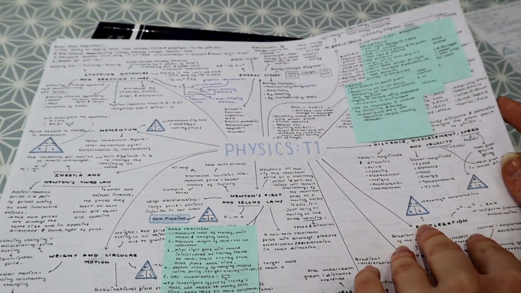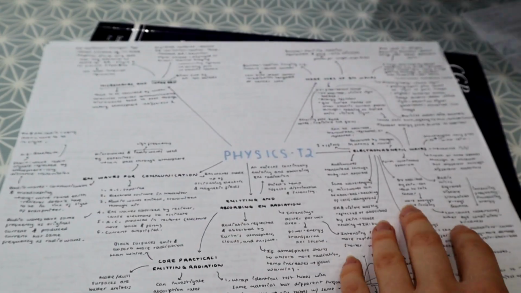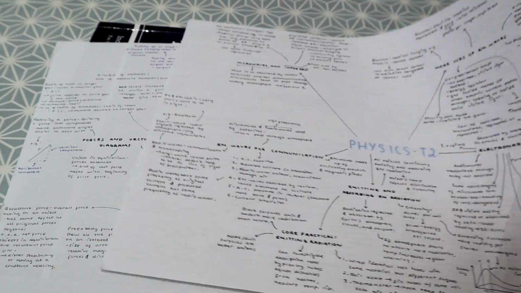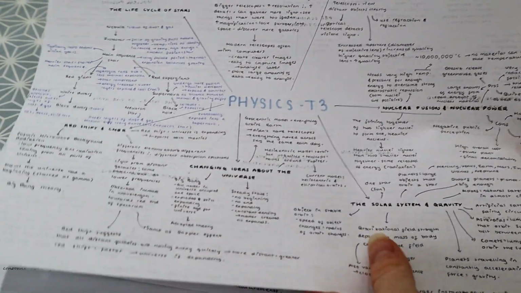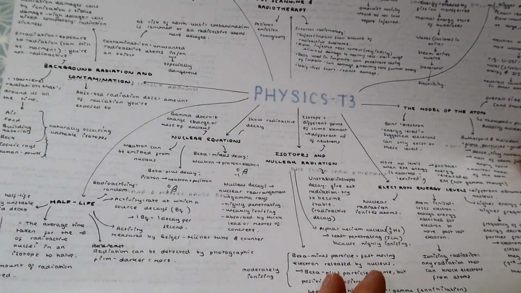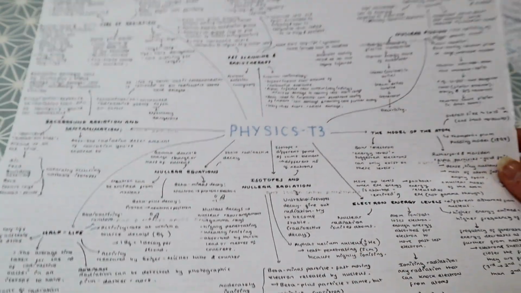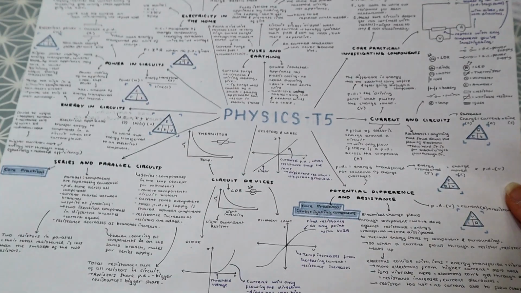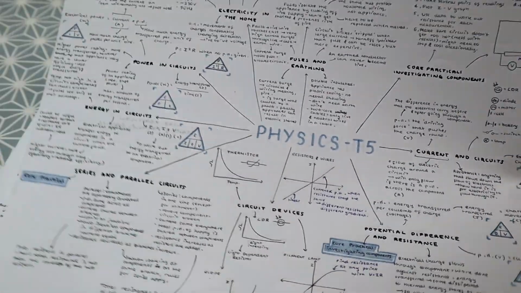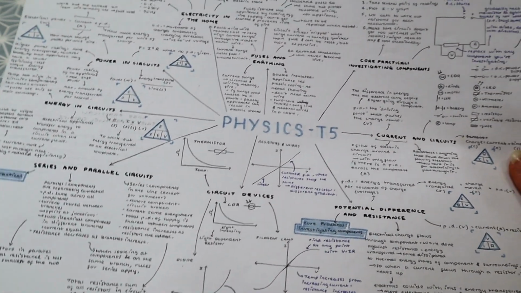Again, it wasn't enough to go onto a separate sheet, but then you move on to topic 3, and here I went on a double-sided sheet just to, again, not worry myself too much about trying to fit it all on one sheet, because if I had tried to, it would not have got all the information down that I needed to. You can also see that, for example, topic 5, there are a lot more equations and diagrams,